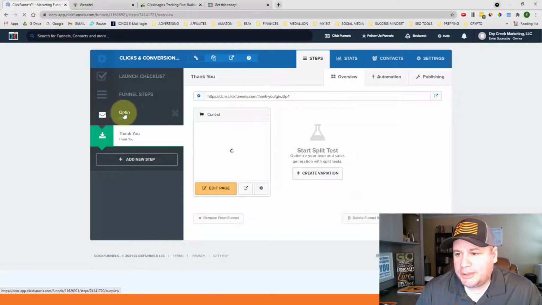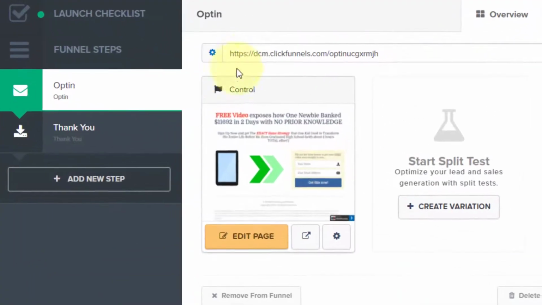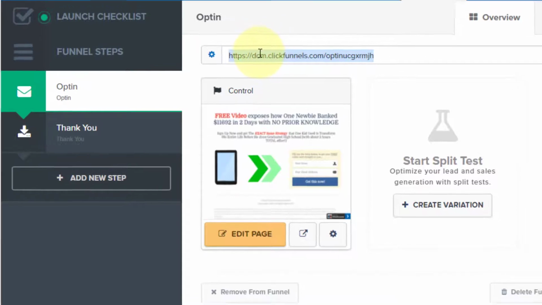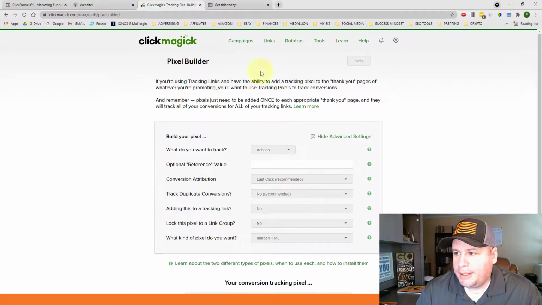And now to test this out, I need to set up a tracking link. I'm going to set up a tracking link that will direct me to the opt-in page. So I'm going to select the opt-in page, take the website address for this opt-in page and copy that, because that's where I want to get redirected to. So back here in ClickMagick, I'm going to come up here to the menu